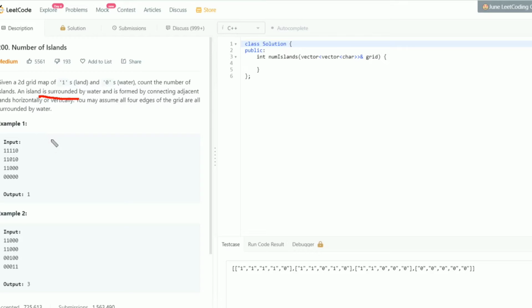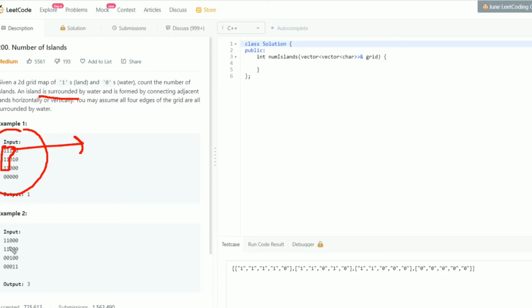As we know that 1 is representing land, so in the input array we need to count the number of groups where 1 is connected. If we see this, we find that this is a group of 1. Basically there is only one group, so the output is 1.